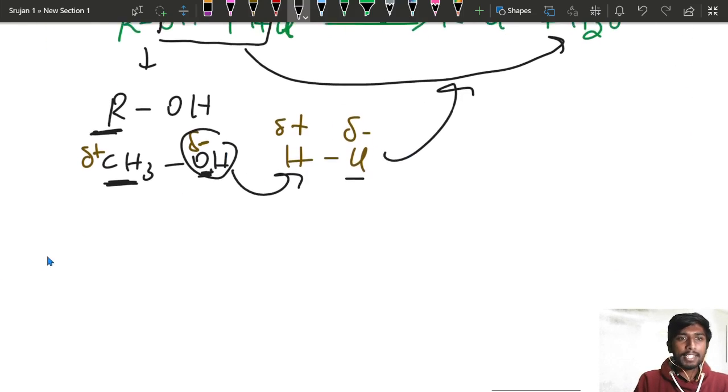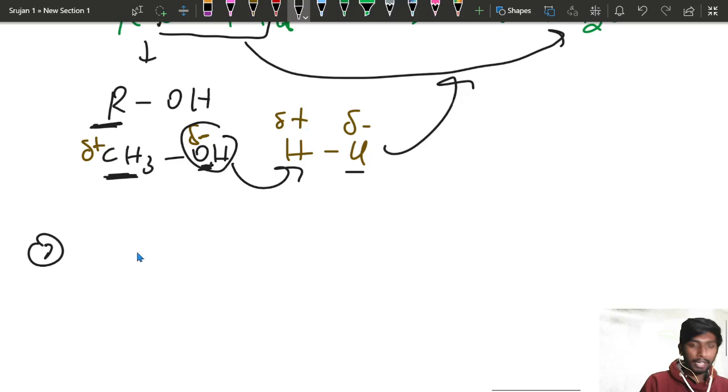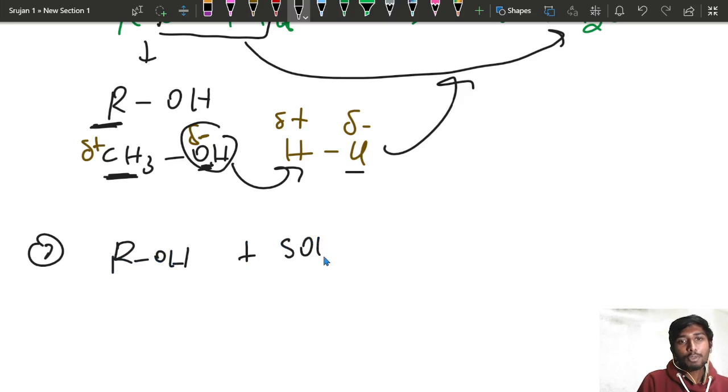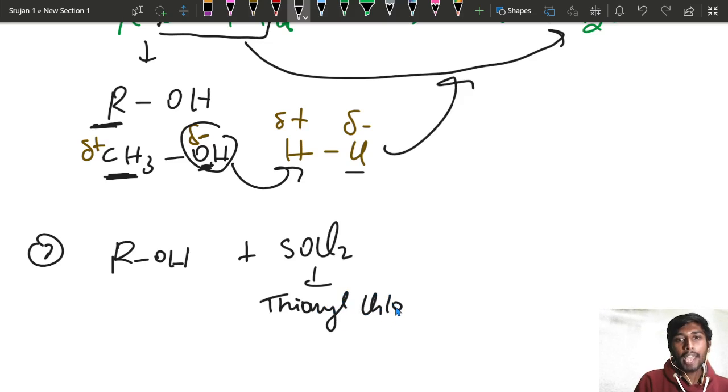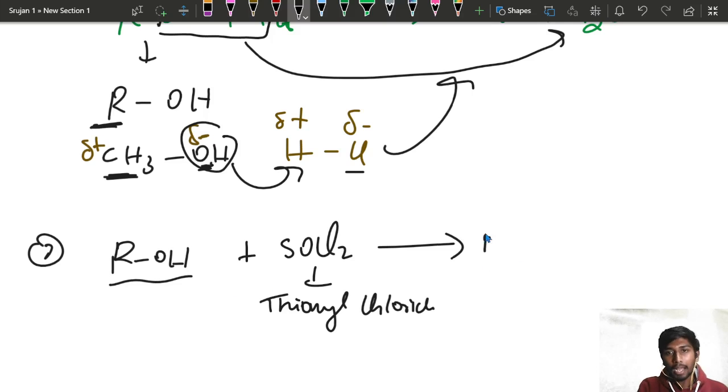Okay. Next you can go with taking the ROH with the SOCl2. What is SOCl2? SOCl2 andre it is thionyl chloride. So ಇದನ್ನ ಟ್ರೀಟ್ ಮಾಡಿದ್ರೆ ಇಟ್ಸ್ ಅ ಬೆಸ್ಟ್ ಪ್ರಿಪೇರ್ಸ್. ಓಕೆ, ಸೊ thionyl chloride ಜೊತೆ ನಾವು ಆಲ್ಕೋಹಾಲ್ ನ ಟ್ರೀಟ್ ಮಾಡಿದ್ರೆ ನಿಮಗೆ ಬರ ಅಂತ ಆಲ್ಕೈಲ್ ಹ್ಯಾಲೈಡ್. ಓಕೆ, ದಿಸ್ ಇಸ್ ದ ಬೆಸ್ಟ್ ಆಲ್ಕೈಲ್ ಹ್ಯಾಲೈಡ್. ಏನಕ್ಕೆ ಅಂದ್ರೆ ಇದರಲ್ಲಿ ಇದನ್ನ ಪ್ರಿಪೇರ್ ಮಾಡಕ್ಕೆ ನೀವು ಜಾಸ್ತಿ ಕಷ್ಟಪಡೋ ಅವಶ್ಯಕತೆ ಇಲ್ಲ. ಏನಕ್ಕೆ ಅಂದ್ರೆ ಇಲ್ಲಿ ನೋಡಿ,